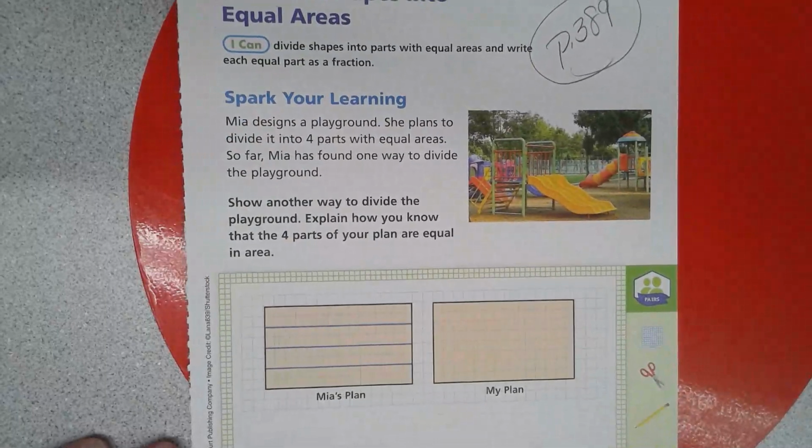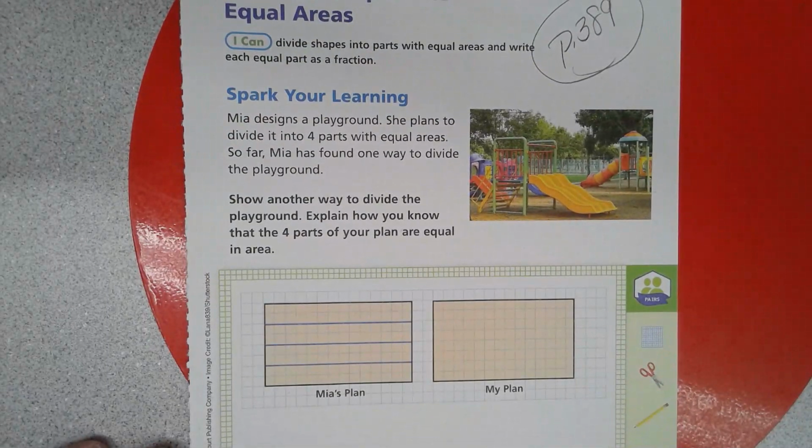Mia designs playgrounds. What a cool job. She plans to divide it into 4 parts with equal areas. So far, Mia has found one way to divide the playground. Show another way to divide the playground. Explain how you know that the 4 parts in your plan are equal in area. Okay, so